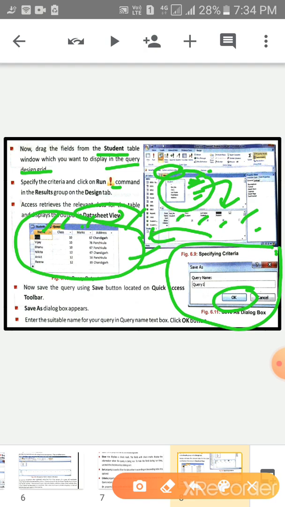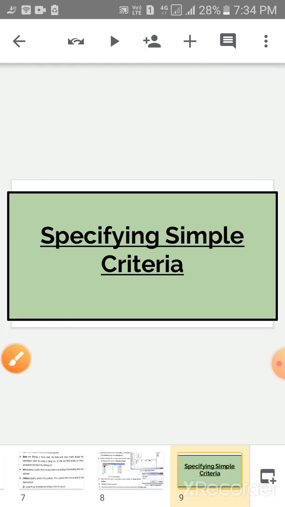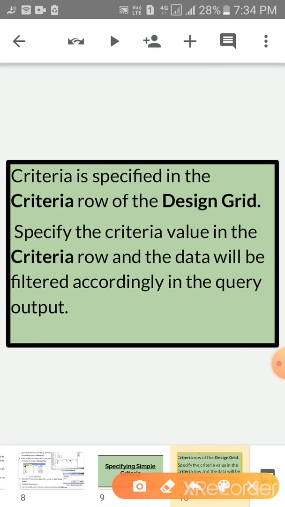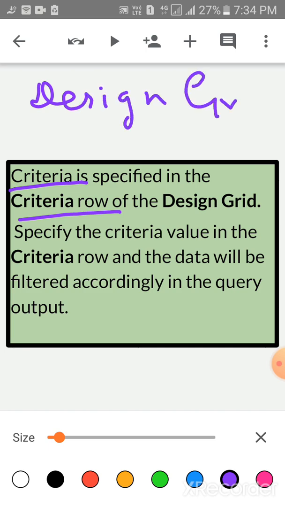Okay children. Now children, come to specifying simple criteria. Criteria is specified in the criteria row in the design grid. Some options are there.